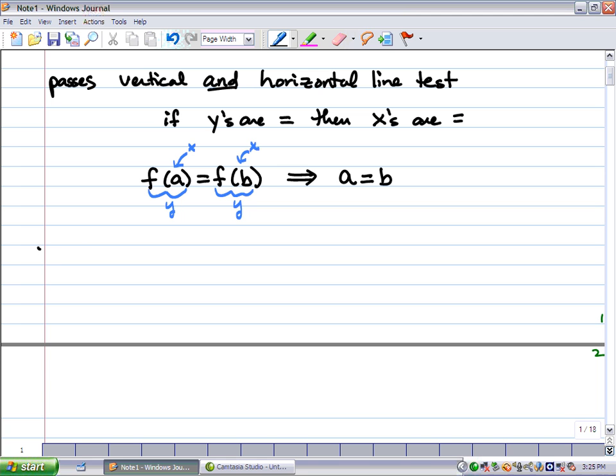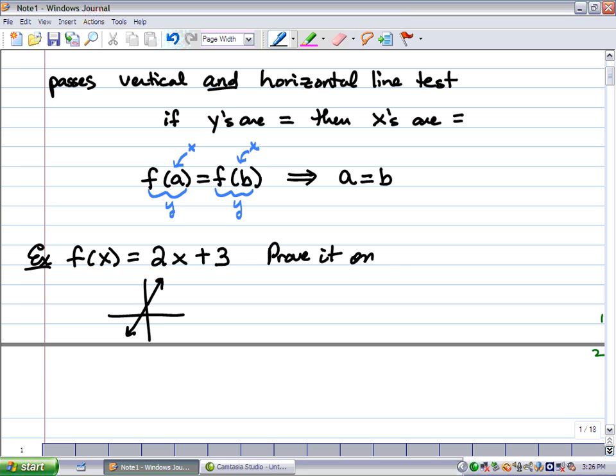So let's look at an example. f of x equals 2x plus 3. We all know what that looks like. It's a line going through 3 with a slope of 2. So by looking at the graph, I think it's pretty clear that it is a one-to-one function. But we want to prove it one-to-one